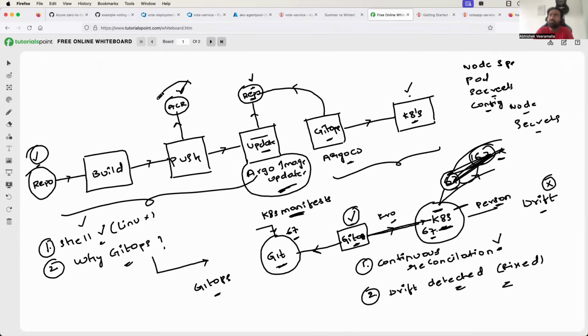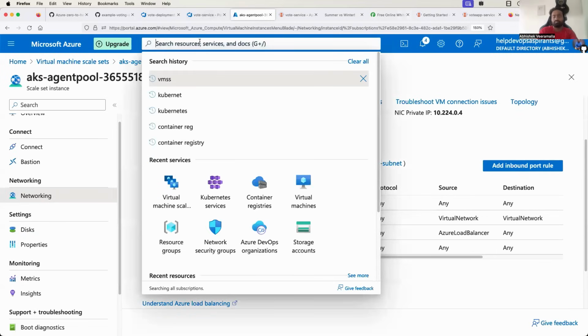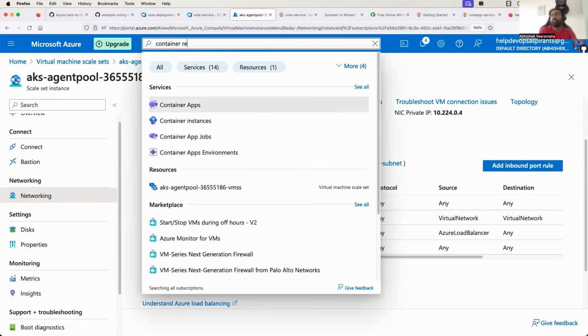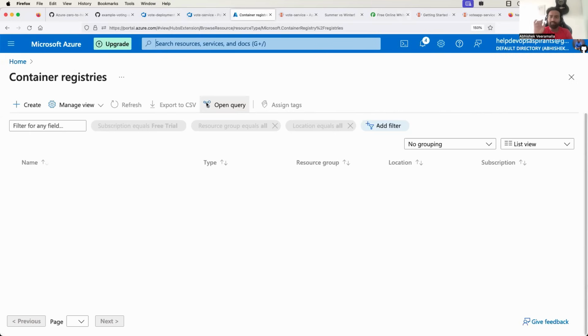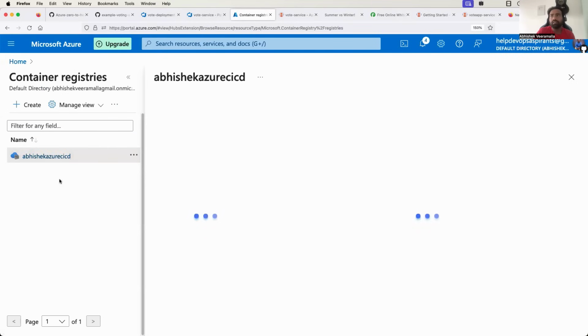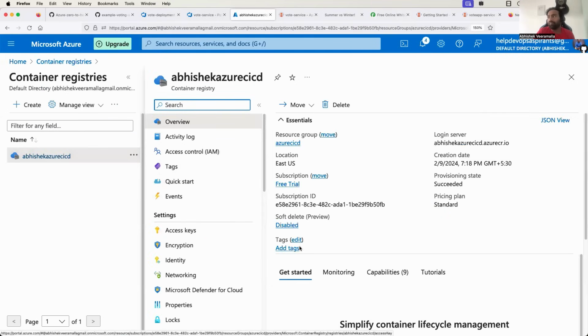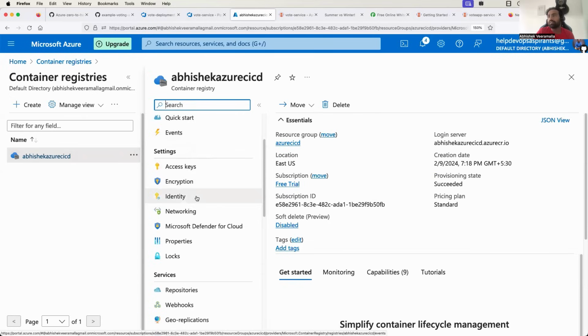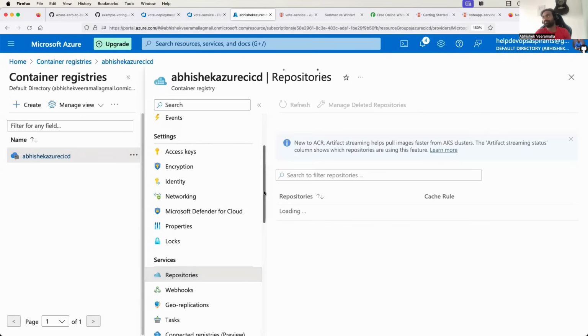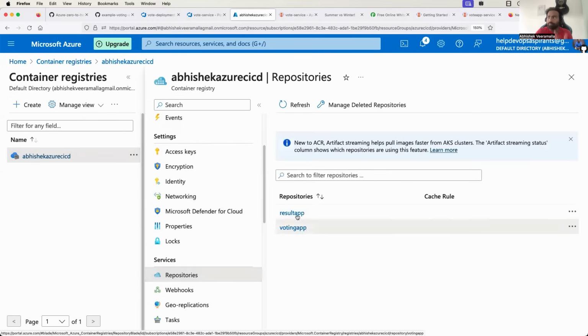So technically, I don't have to go to ACR and pick that new image, right? What I have to do is just understand what will be the new image in the ACR. So if you go to the container registry, identify the pattern. The pattern is that every time, if you go to the repositories, whenever a new image is created for the voting app,